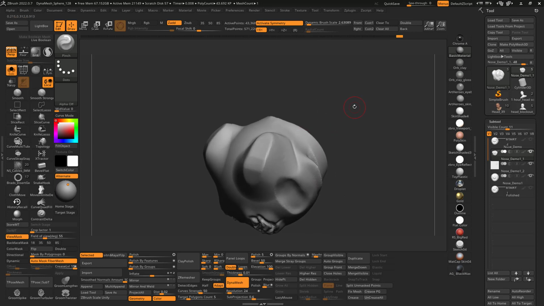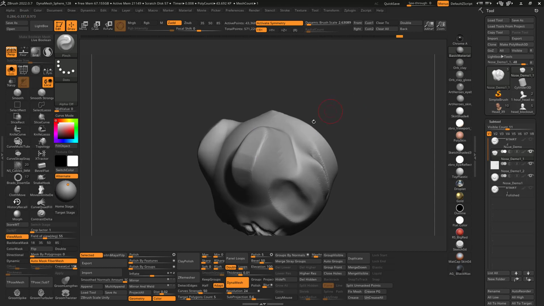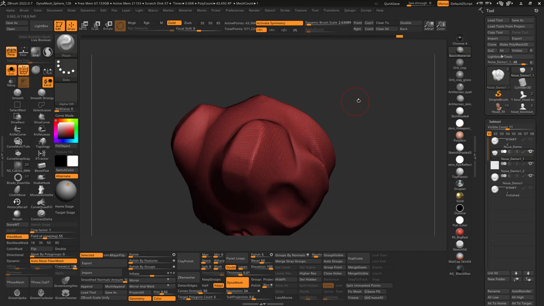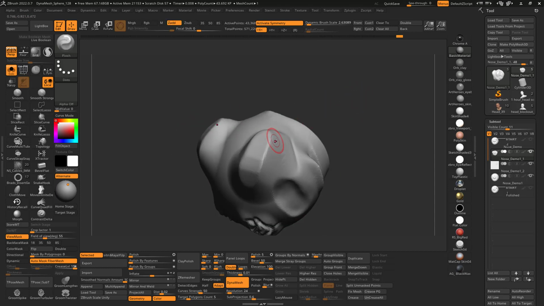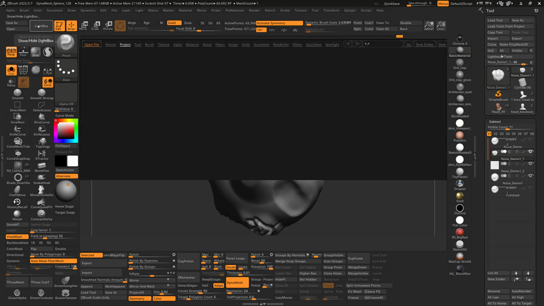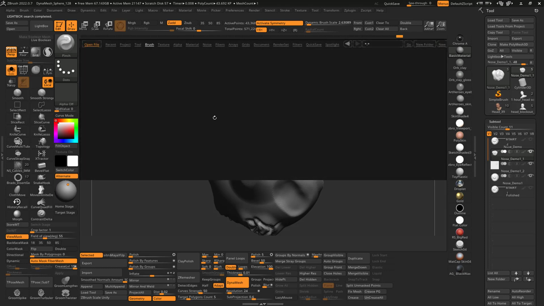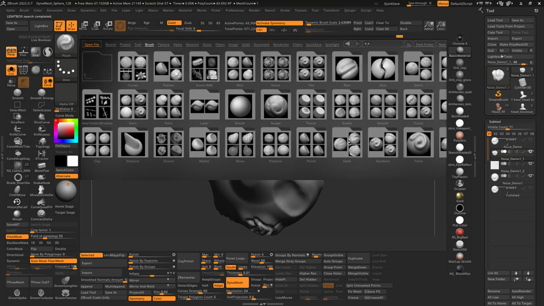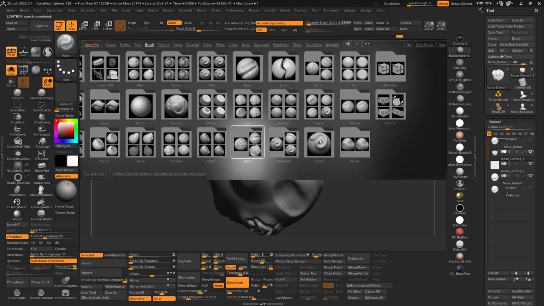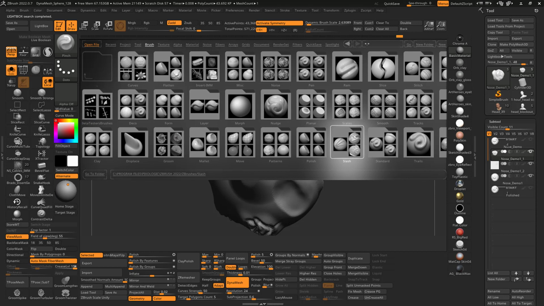I use it in a way that it helps my mesh. So on these edges here, if I look at the topology, it's pretty loose. And so if I were to smooth this right now, I have smooth stronger on, by the way. If you want smooth stronger, you go to Lightbox, brushes, and there is a smooth in here. Where are you? Smooth,